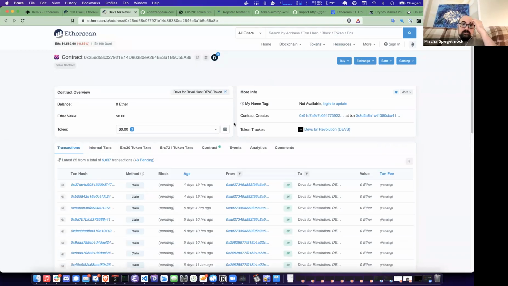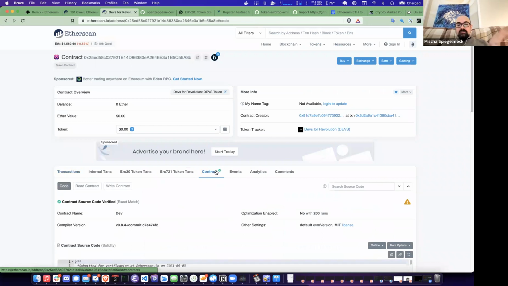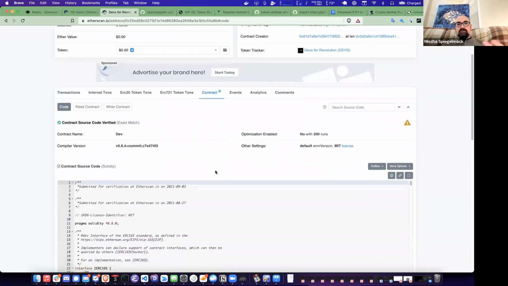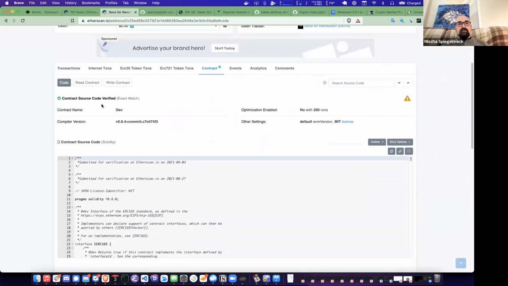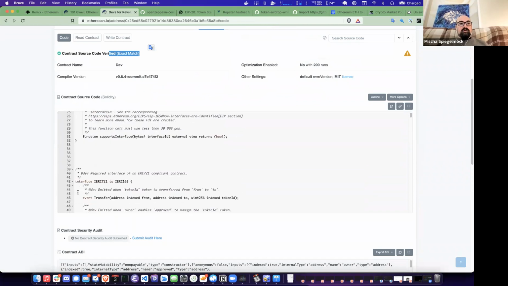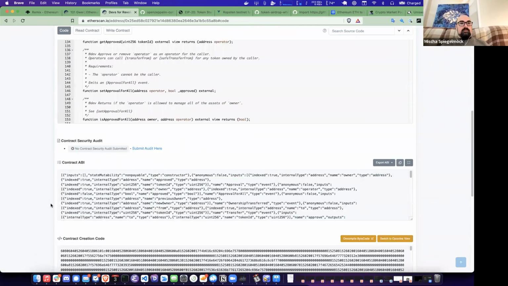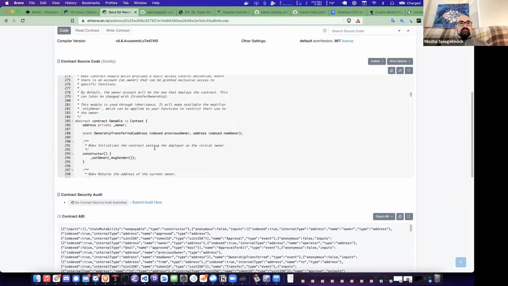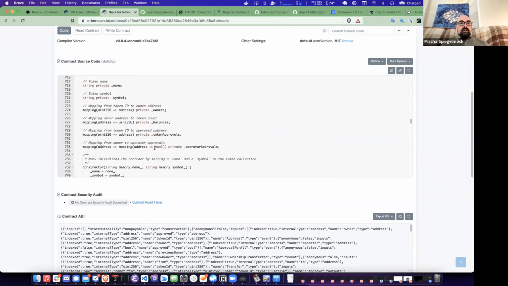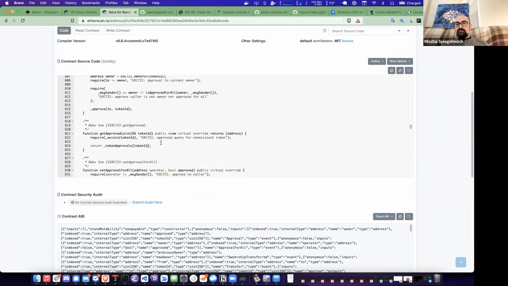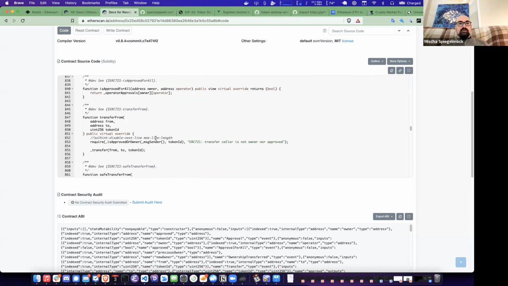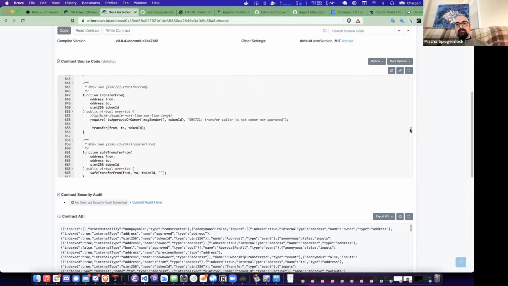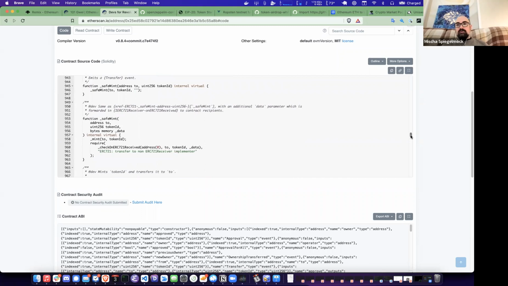So if we go look at the contract here, what you can do on Etherscan.io specifically is upload the source code and it'll verify it. It'll compile it itself and make sure that the bytecode matches. And then you can go here and actually look at the source code. And you can see if it's had some audit submitted, I guess. But here's the whole program right here. And this is, I think, mostly taken from Open Zeppelin, but it's the same deal. So you can go read through the contract yourself. If you like it, you can work with it. If you don't like it, you don't have to interact with it.